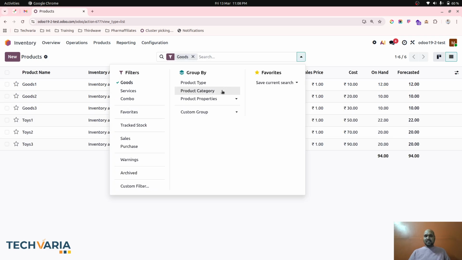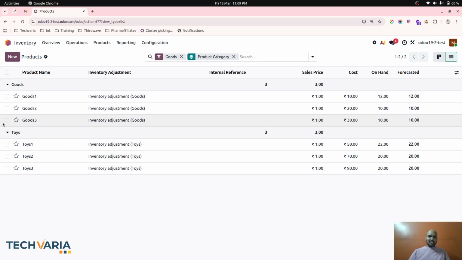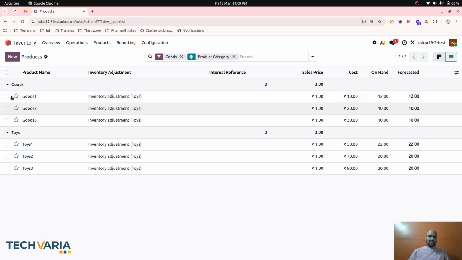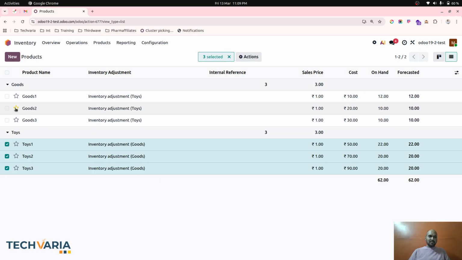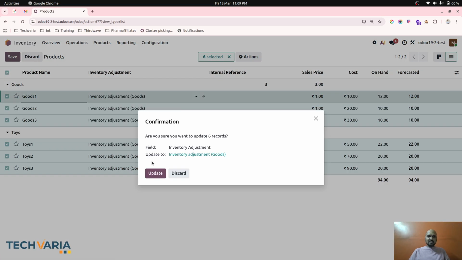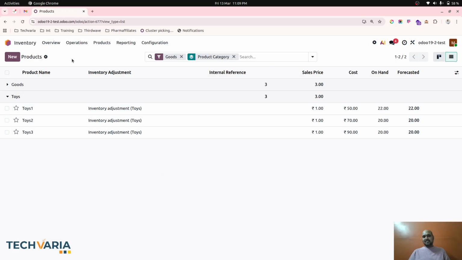Now with this trick, you can group by product category. So you now have goods and toys, two parts. In bulk, you can select all and easily change your counterpart inventory adjustment account like this. So in bulk, you can easily update your inventory adjustment account. Over here I have just replaced it, but let me give inventory adjustment goods to this goods type, and over here inventory adjustment toys. Once everything is done,